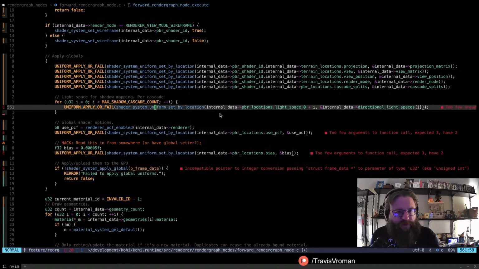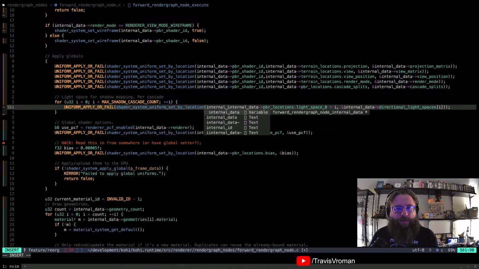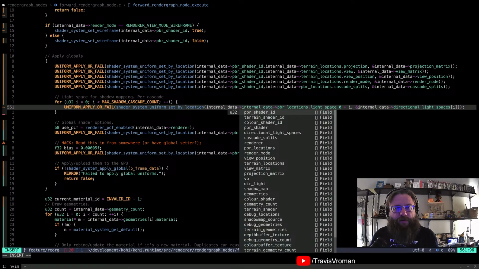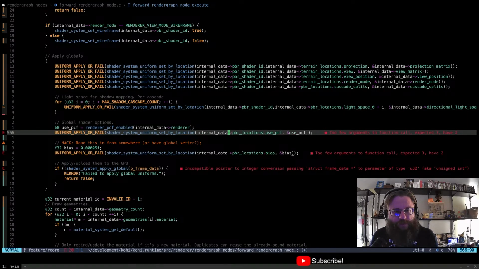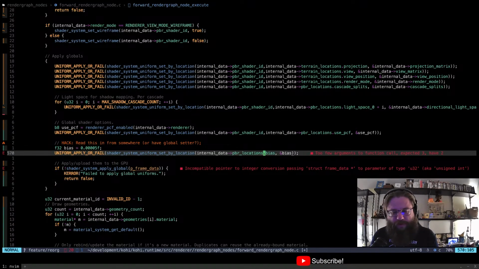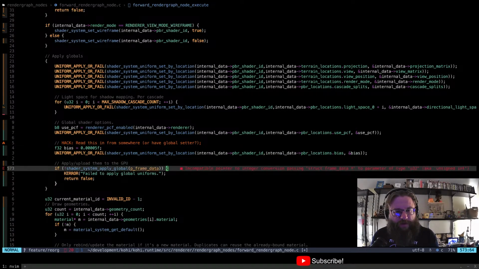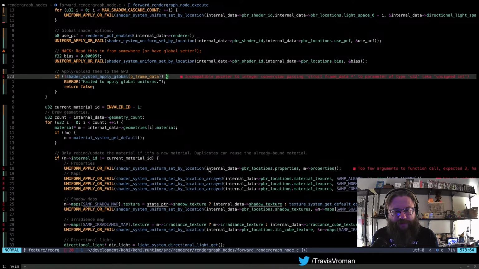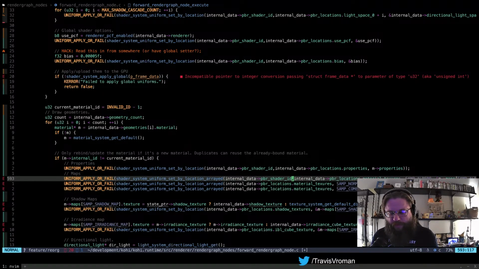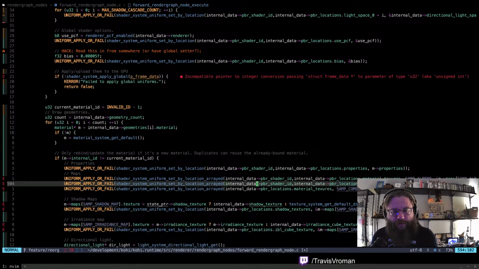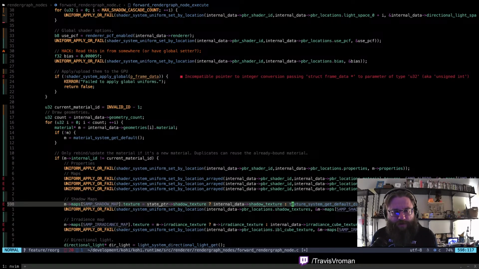Okay, so we left off here. Internal data, PBR shader ID, comma. So we got right there, right there. I'm going to skip that one and come back to it. So we want that there, there, and there.